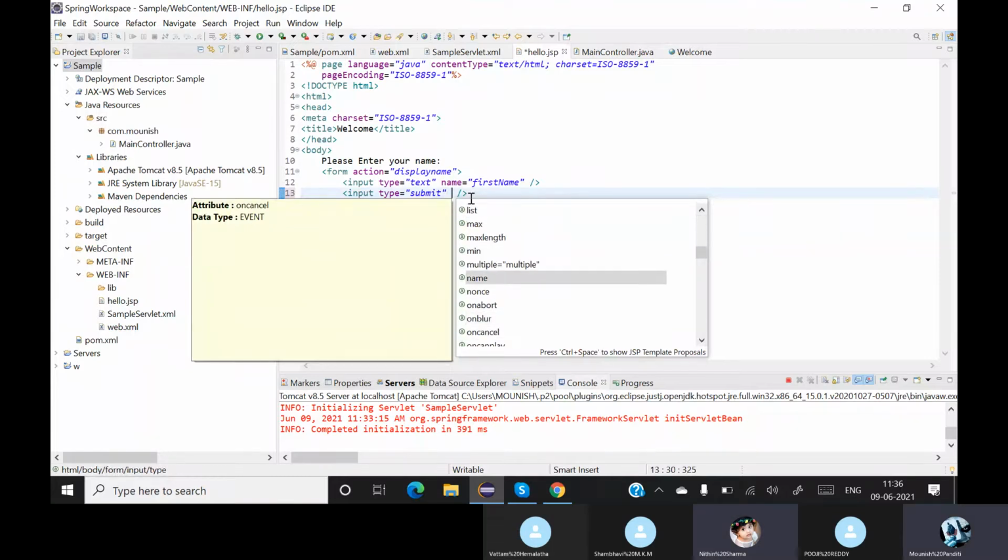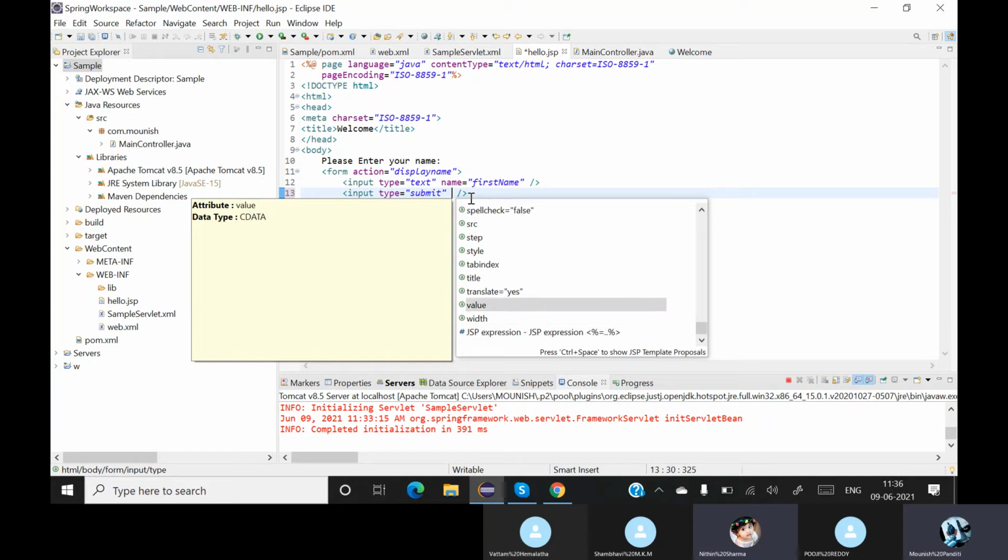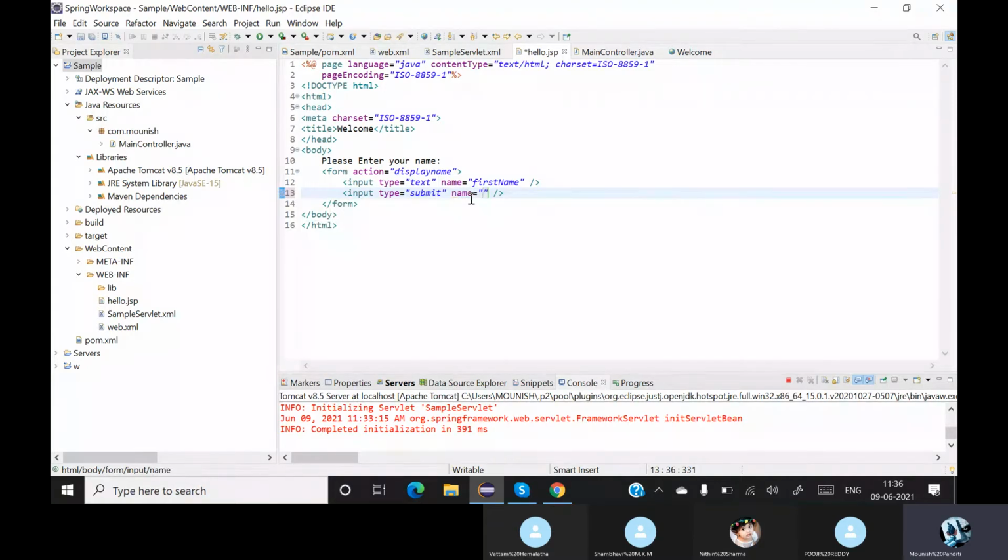Let's search for two things. One, we already have a name also, and then we have value also. Okay, let's see on both the things. Then we'll see if there are any errors. We'll proceed according to that.